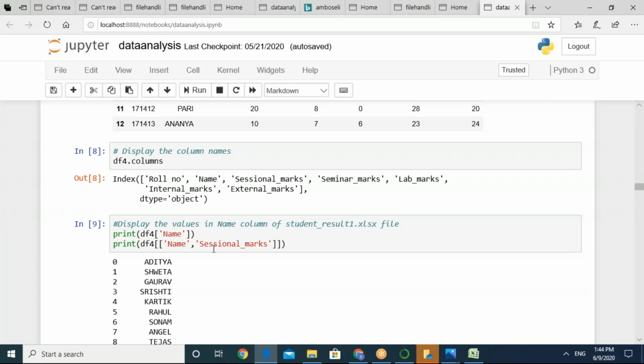We have opened an Excel file. We tried to open a CSV file. We operated upon that by using the head and tail methods. You can pass an integer value to that so that many rows are fetched. And if you want to limit your data by a column, you can mention the column name in square brackets after the name of the data frame variable.